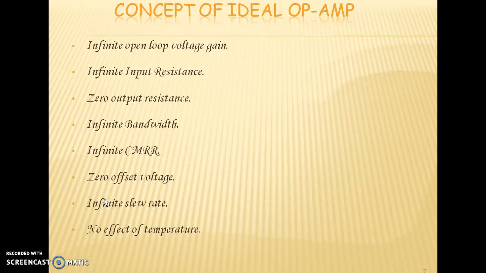This ensures that the changes in the output voltage occur simultaneously with the changes in the input voltage. If the output does not change within the same rate as input, then there occurs distortion in the output. Such a distortion is not desirable. Infinite slew rate indicates that output changes simultaneously with the change in input voltage. The parameter slew rate is actually defined as maximum rate of change of output voltage with time and expressed in volt per microsecond. Its ideal value is infinite for op-amp.